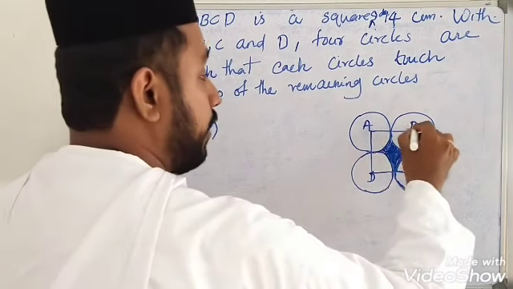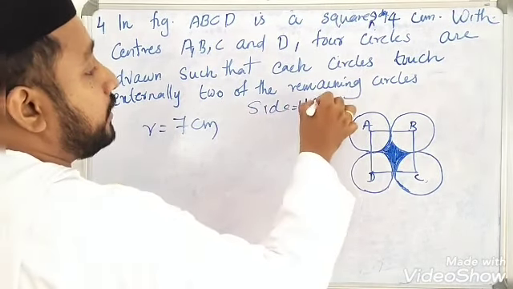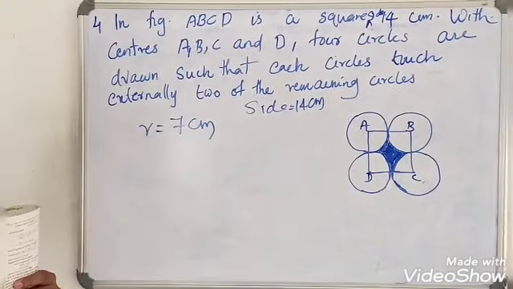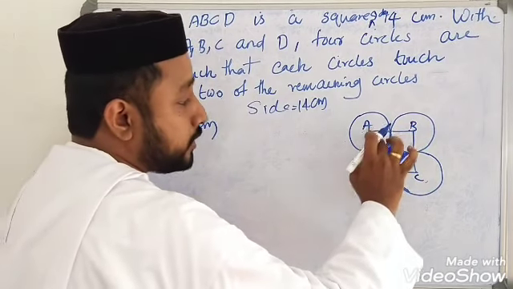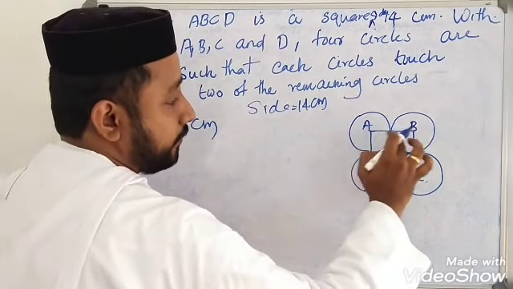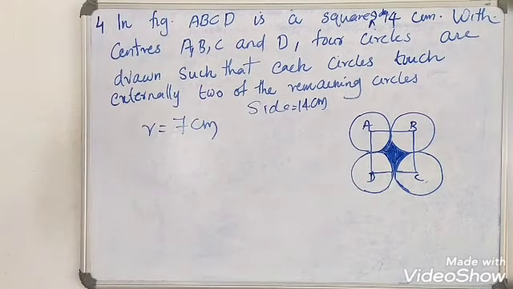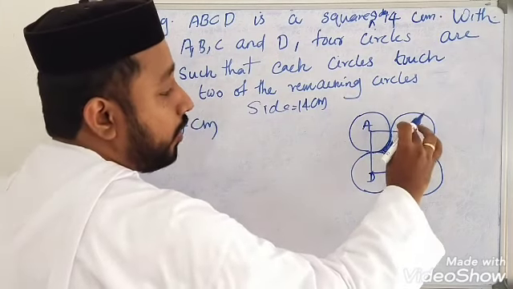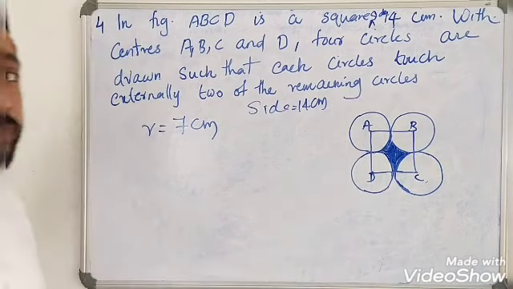Look here. The side of the square is equal to 14 centimeter, so using this we can find the area of the square. From this full area we have to subtract this portion, this portion, this portion and this portion. Each portion is a sector, so 4 equal sectors are there. We have to find the area of the 4 equal sectors, then subtract it from the area of the square. We will get the area of the shaded region.